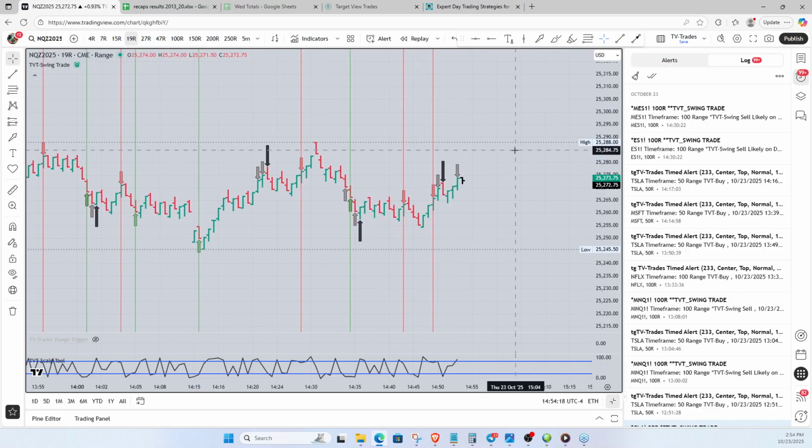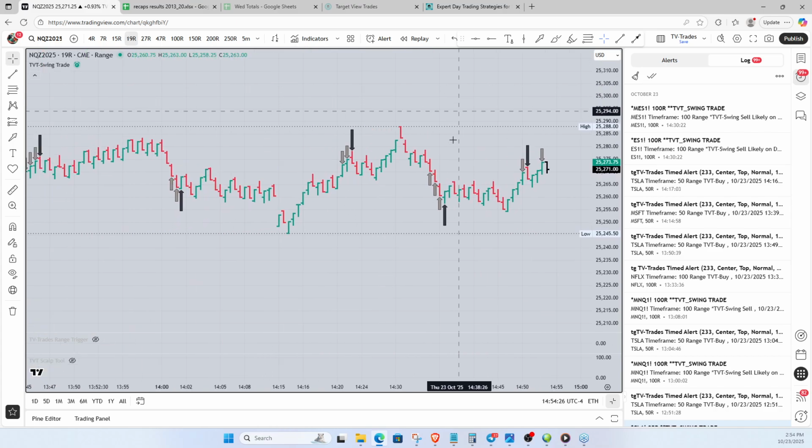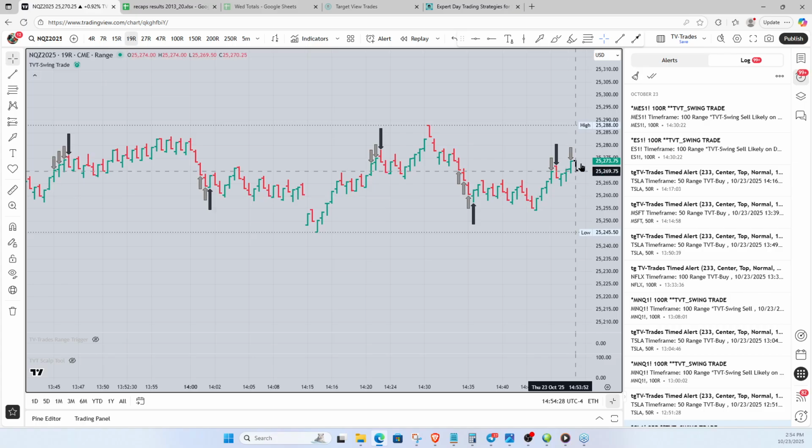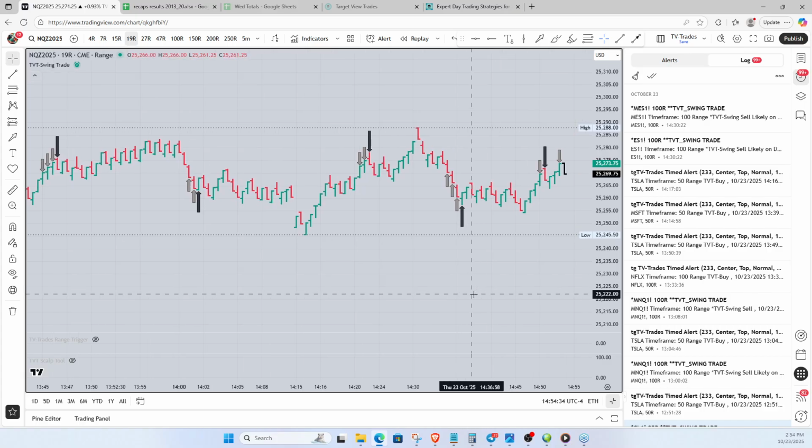But the easiest thing to do, Hal, is just trade one or the other. And the easiest one to trade is going to be the swing trade tool, like that. Like this right here is saying, if this bar closes down, there's going to be a short on the NQ. That's what that's saying right now. So we'll wait and see if it does.